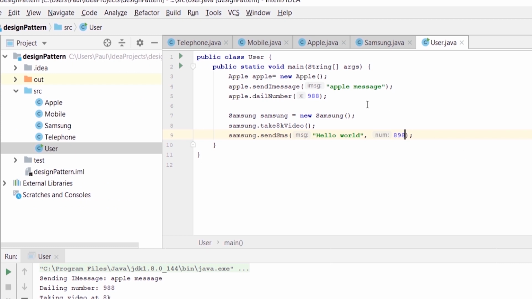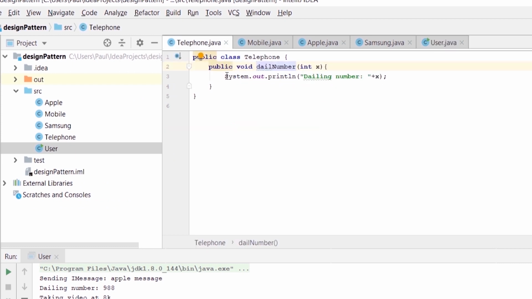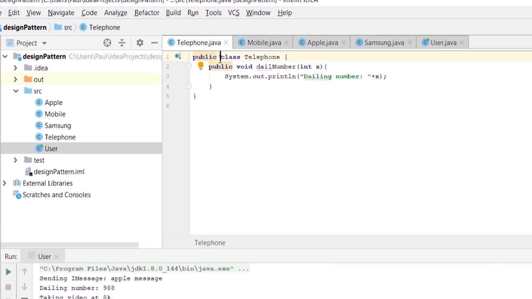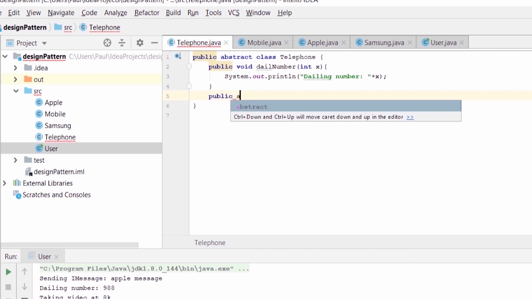Now abstraction is like, here we had defined dial number, so this class can be an abstract class. In order to make any class abstract, we need to first define public abstract, then class name, and it will have an abstract method. An abstract class may have 0 to 100% abstract methods, but an interface will always have 100% abstract methods. So here we will have a public abstract method which returns void,